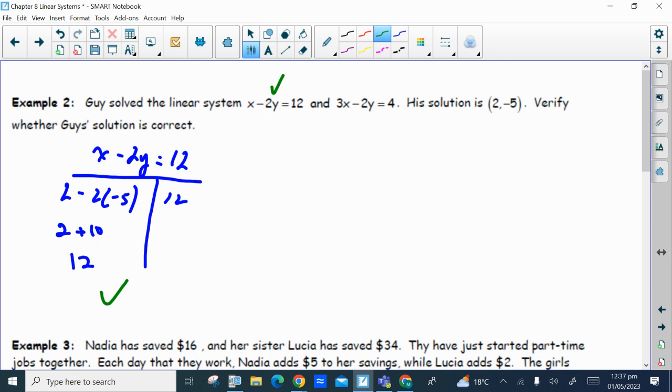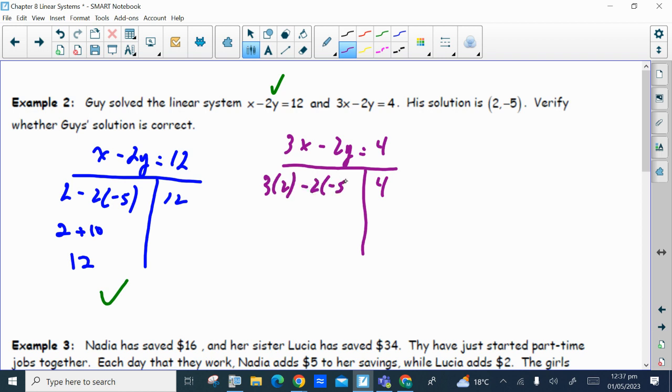It works for the first equation. But we need to make sure that it works for the second equation as well. All we've really shown right now is that the point (2, -5) is on that first equation. We need to make sure that it works for the second equation as well, and if it does, if it satisfies both equations, then that confirms that it is the point of intersection. It is the solution. So we'll let x equal 2 and y equal -5 in both equations,